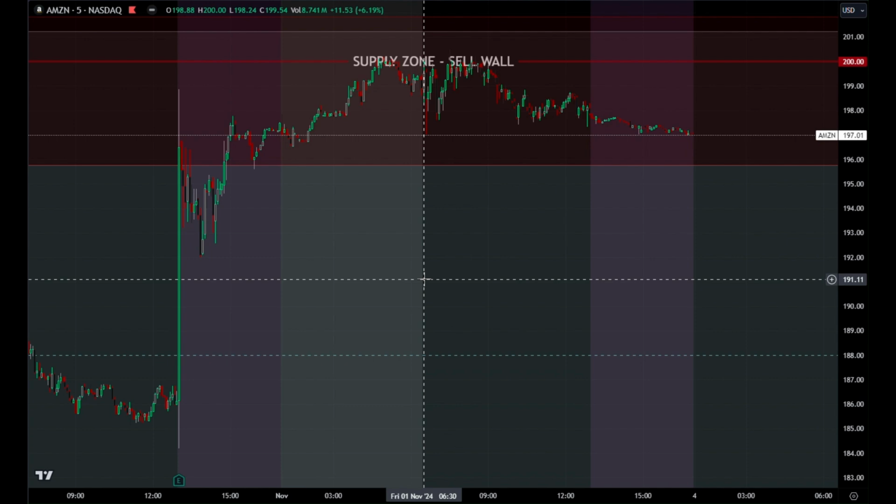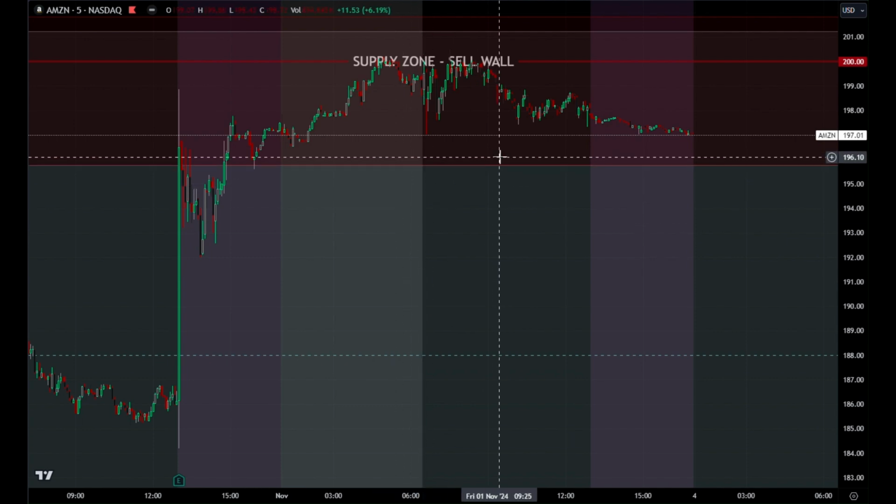Let's go over what we do know now. We know that Amazon is still unable to close above $200. We know we are in a supply zone. We do not know if the stock will go up, down, or sideways from here. We will watch for consolidation,